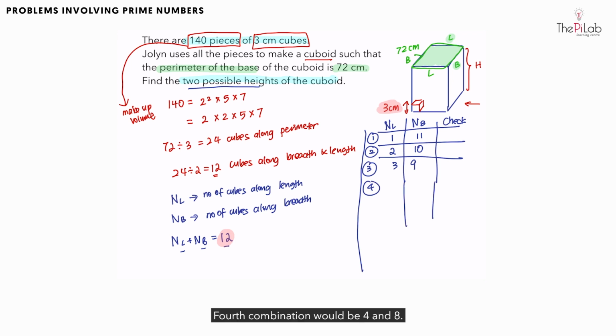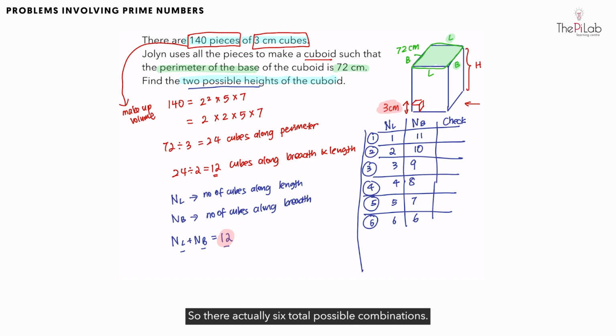Fourth combination would be 4 and 8. Fifth combination would be 5 and 7. And the last combination would be 6 and 6. So there are actually 6 total possible